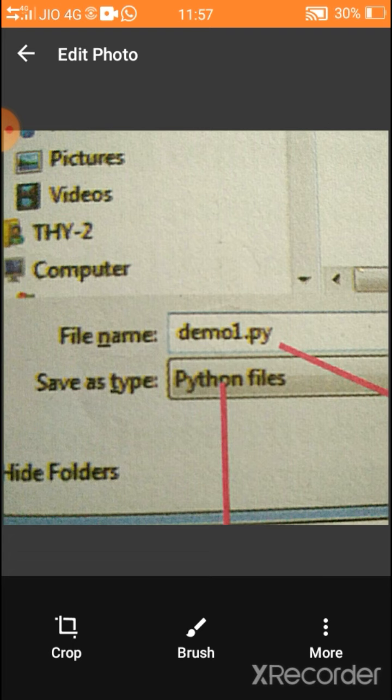So now can you tell which mode is useful, either interactive mode or script mode? Interactive mode just works as a calculator. We cannot save the program. We cannot reuse the program again. But the script mode helps to save the program. We can use it again. So now which is the best one? Script mode. Is it clear?